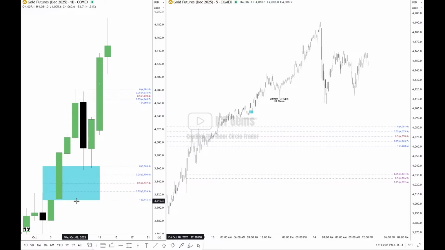I don't mean that it can't happen. Sure, it can happen, but I'm not going to enter on that basis alone. If it's going to do that, then I want to see it. Give me some more proof. Then it needs to climb to the upper half of that inefficiency. Then give me a smaller 1 minute, 5 minute time frame shift in market structure where it gives another fractal form of this bigger buy side imbalance sell side inefficiency, just done on a smaller time frame. And then if it can fail to fill in that one,